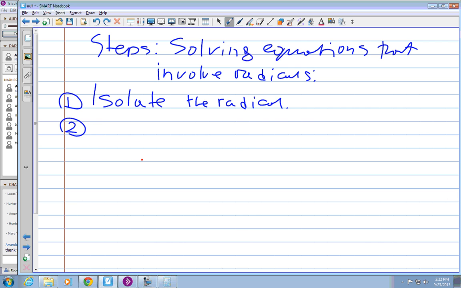The second step would be to kill that radical. And we kill the radical by squaring or cubing or whatever. So raise both sides